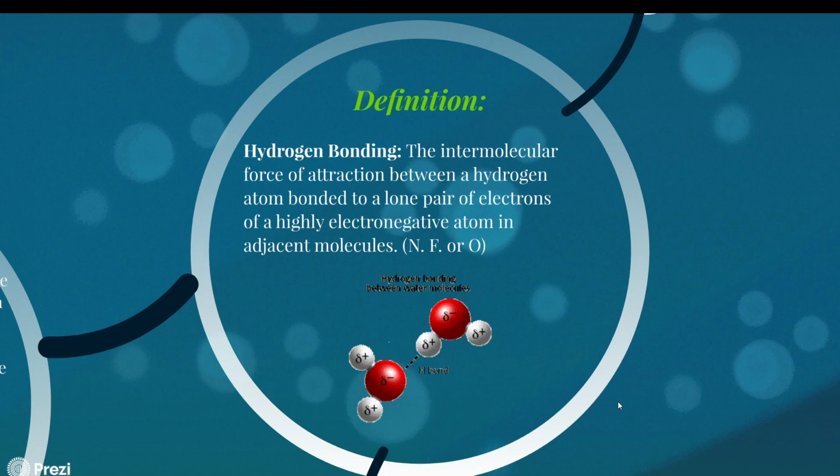So, for instance, nitrogen, oxygen, fluorine, chlorine, all of those can help to make a nice strong hydrogen bond. And that bond is going to be in between